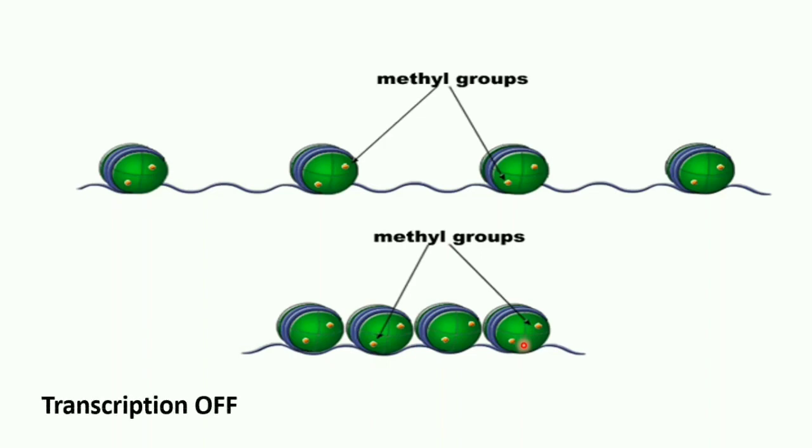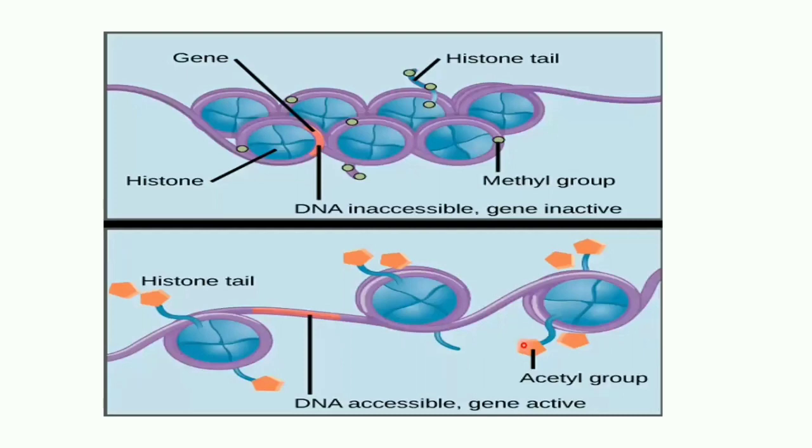So this is just the same thing I have shown you here. In heterochromatin, the methyl groups are usually bound to the cytosine in the sequence CG. CG means cytosine guanosine of DNA, and it gets methylated to form 5-methylcytosine. And because it is methylated, it loses transcription activity, and thus the gene is inactivated.